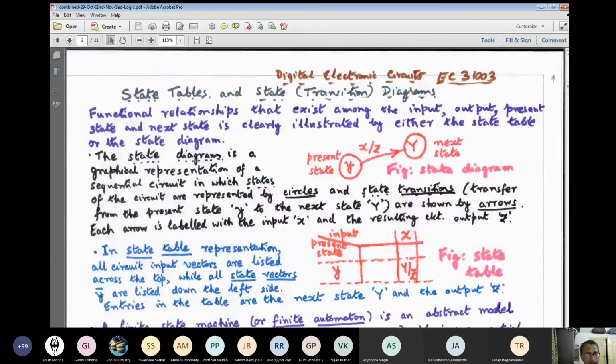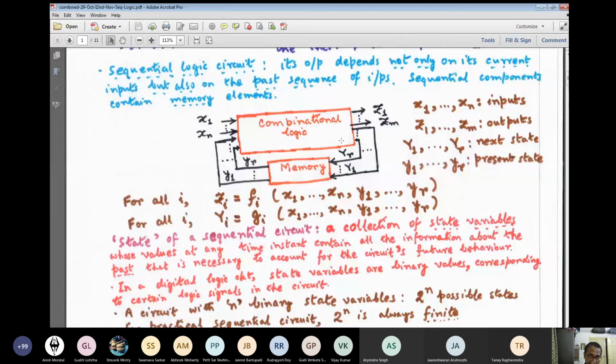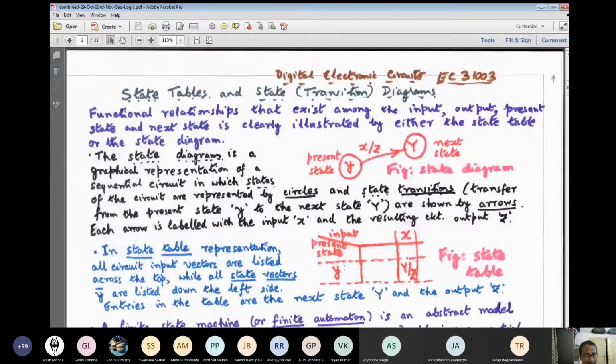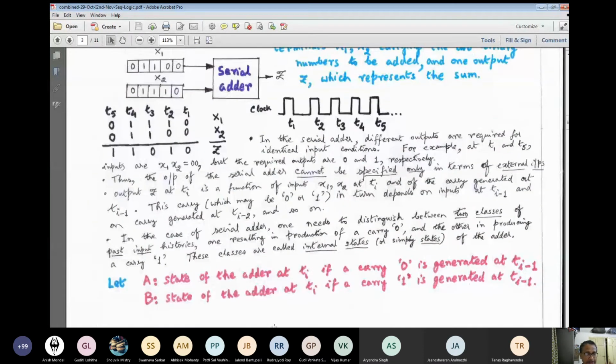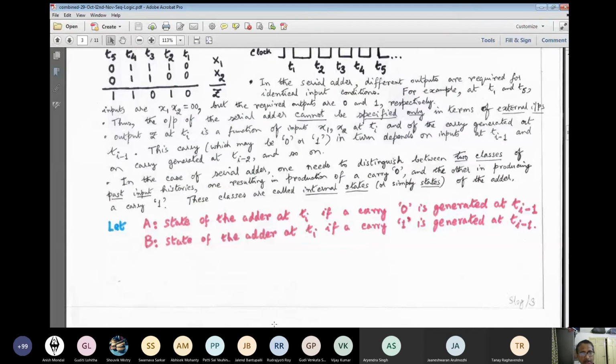After that, it goes without saying that a large part of the design of the sequential circuit boils down to that of the combination logic. Basically, the output function as well as the next state function is nothing but a function of several variables. What are those variables? The primary input variables and the present state variables. So that means optimized design of Z1 to Zm and Y1 to Yr. Here we are involved with all the logic minimization algorithms that we have studied earlier. And we have seen one example, the binary serial adder. It is the simplest example possible, but it throws up a lot of insight.